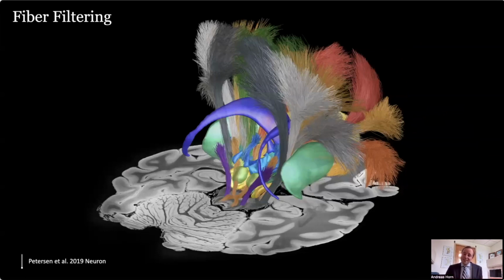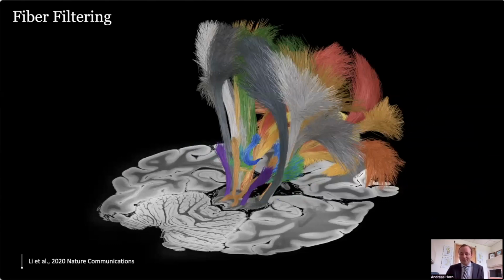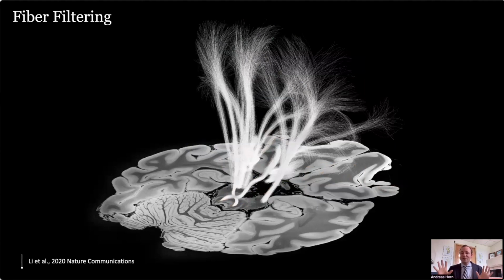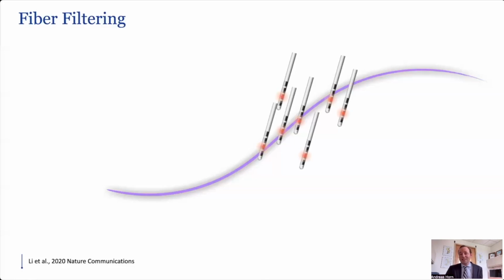To now look at which of these tracts code for a symptom, we came up with a technique called DBS fiber filtering. How does that work? First of all, we come up with a set of tracts. This could be a pathway atlas, but it could also be a connectome, right? It could be a normative connectome that I just threw under the bus, but any set of tracts that is available in a standard space, we can use for DBS fiber filtering. Now, what we do is we go track by track. We take one out, and we essentially look at how much it is modulated by each of our electrodes, right? We model the fields, we look at what's the impact of each electrode on the tract, and then there are